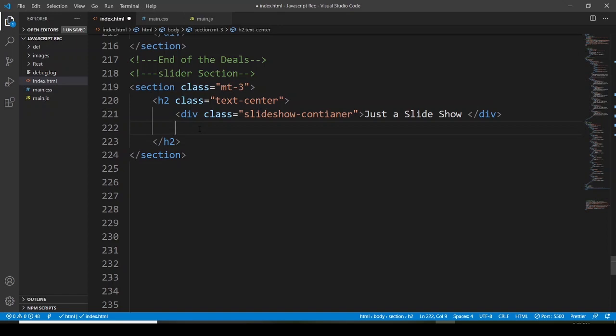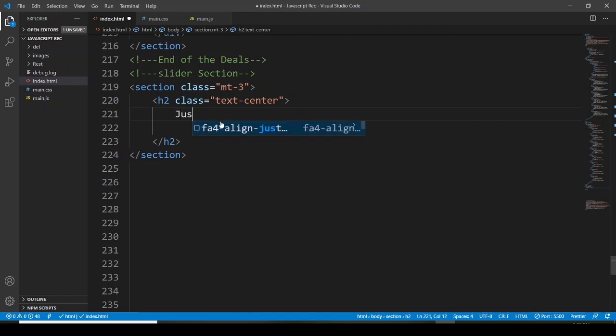Hold on. Yes, the mistake is that it shouldn't be here. Let me remove it. My apologies for this. The heading is going to be just a